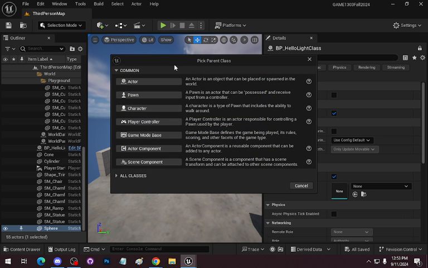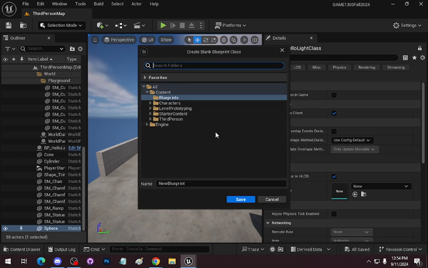And it's going to ask what type of class it is going to be. Again, for our purposes today, we're playing with actors. We can create classes of other classes, but right now we're going to work with just the actor class. So I'm going to click on actor. It's going to bring up, hey, where do you want to place it? I'm just going to put it at the root of the content for right now. And I'm going to call this